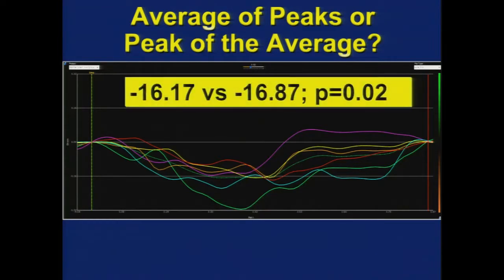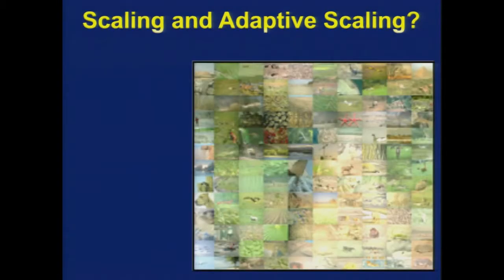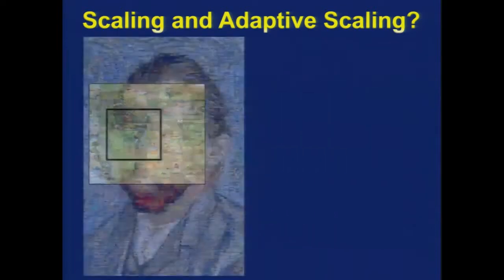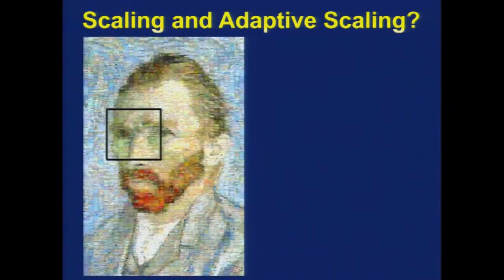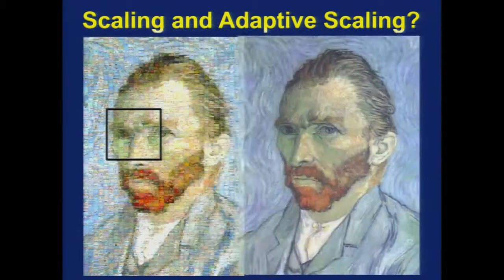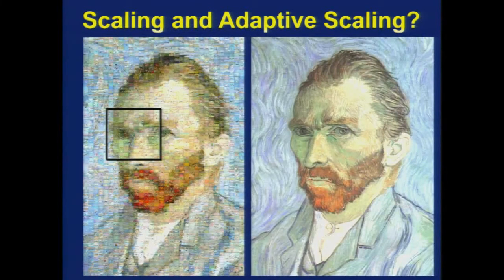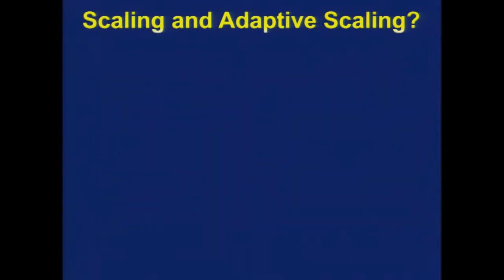Now the values, we said, were still a little bit different, even when we standardized the best we could. And the question of whether this is clinically important or not leads to this concept of scaling or adaptive scaling. The level of resolution is important. If you look at this very high resolution image, it's sort of a nonsensical image. It sort of looks like nothing. But at a lower level of resolution, that image makes very discrete and identifiable characteristics of this very unique face. Maybe this is the level of resolution we need. Maybe we need slightly higher levels of resolution, and of course, this is still left to some debate and question.